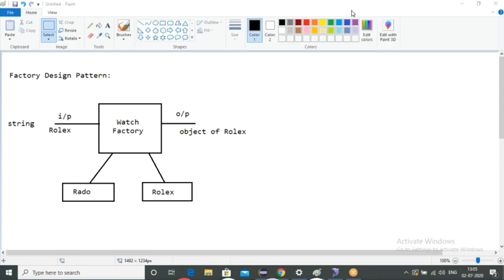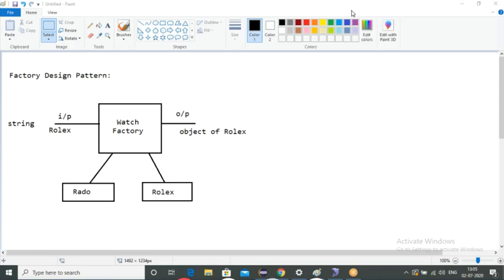Next line. Factory generally takes an input of string type and produces an object as output.